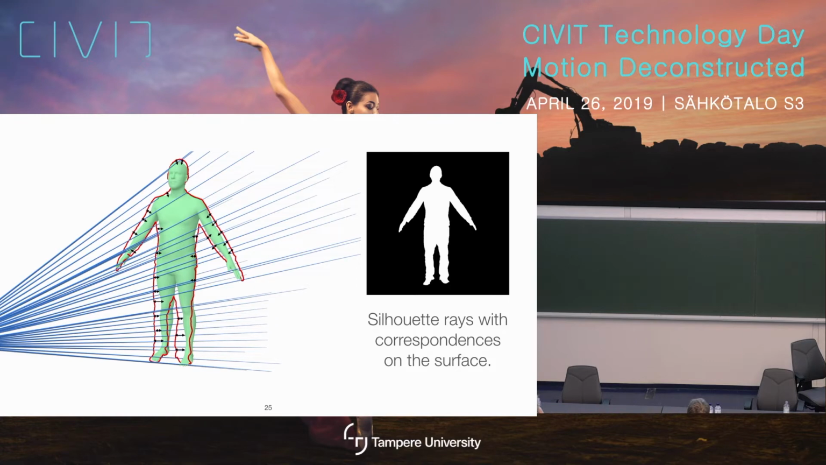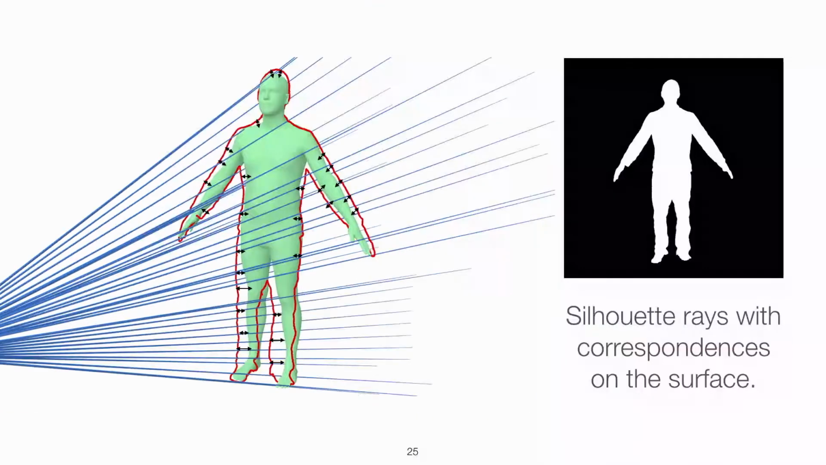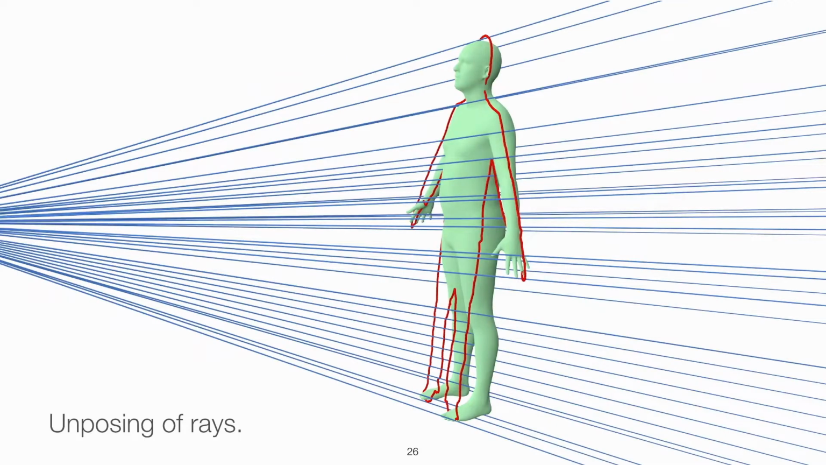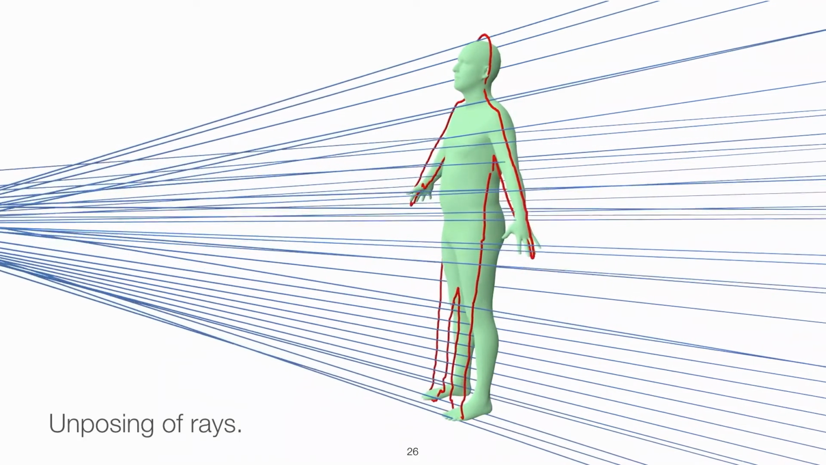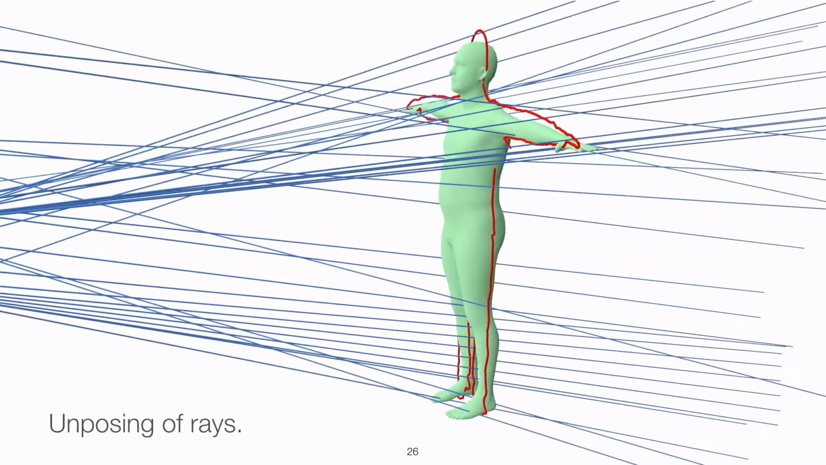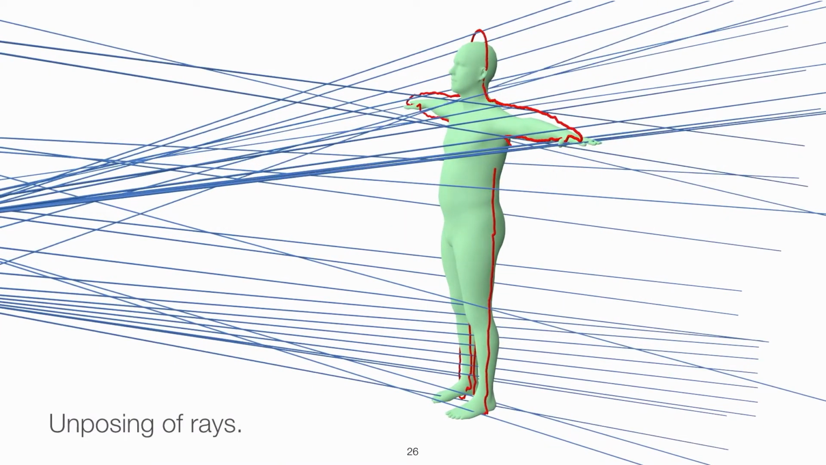After establishing these correspondences, we can do a nice trick. We know how the point on the surface was posed, because SMPL is just a function of pose and shape. So we can invert this function. We know how to bring this point on the silhouette, on the surface, back to the canonical zero pose. And while doing this, we can take the rays with us. So what we did is we just brought the image